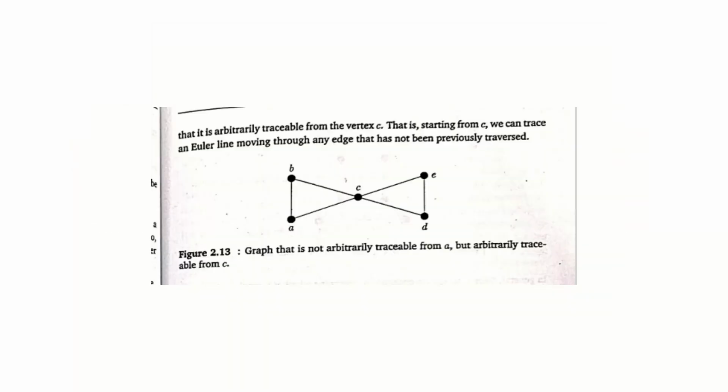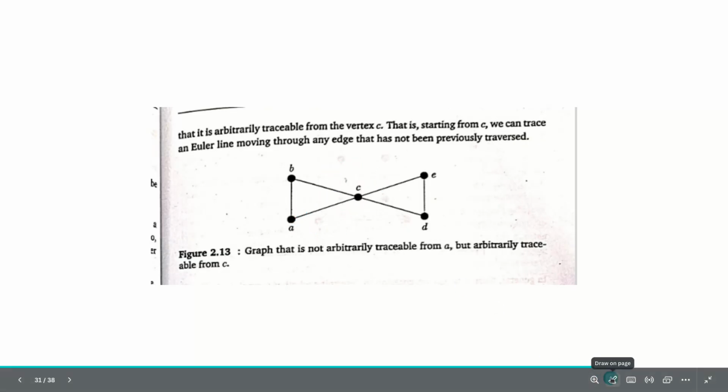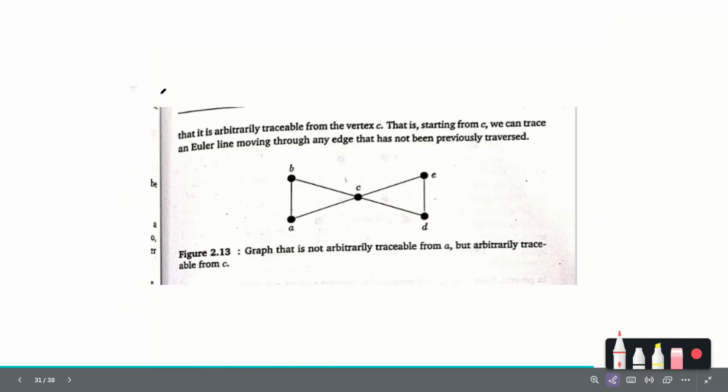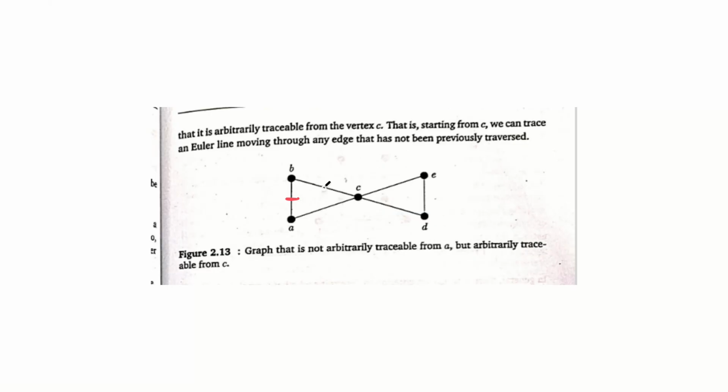If you consider this example, here from A I cannot say it is arbitrary traceable, but from C I can say it is arbitrary traceable. Because from A, can we draw an Euler line? Think about it. I start from A, then I go to B, then B to C, then C to E, E to D, right, D to C I can go,